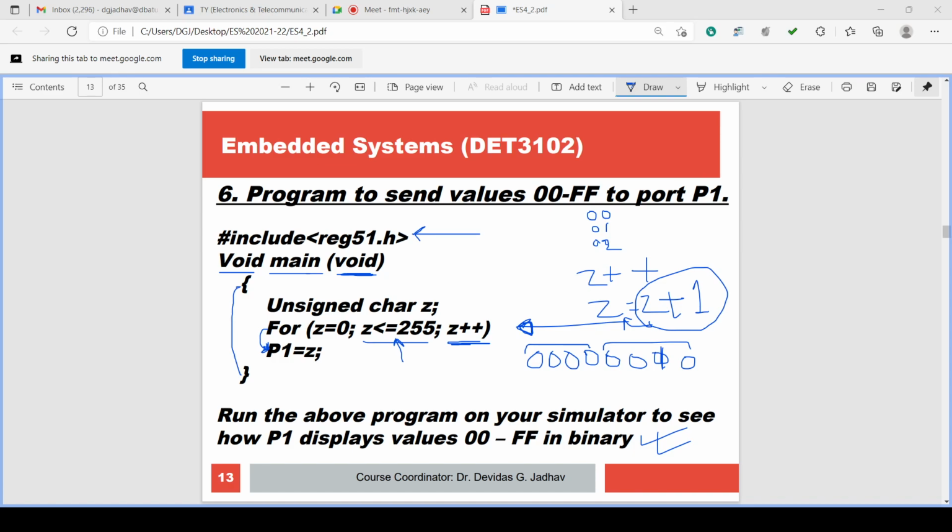The values increase from 00 and reach FF. In this way, the values will be changing, and those values are outputted on the port P1. This is the program.